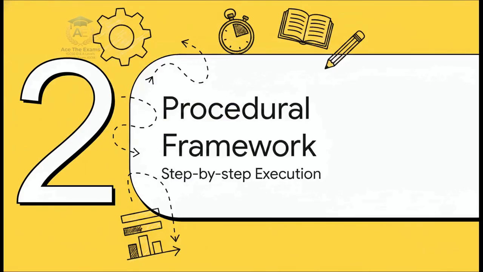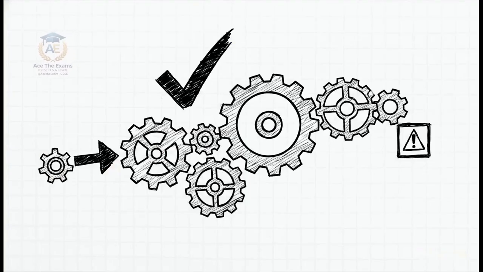Now that we've locked down the theory, let's move to Section 2, the procedural framework. Okay, we are about to solve one of the hardest roadblocks students face when building these statements. But before we unpack exactly how to get unstuck when your numbers absolutely refuse to balance, I need you to